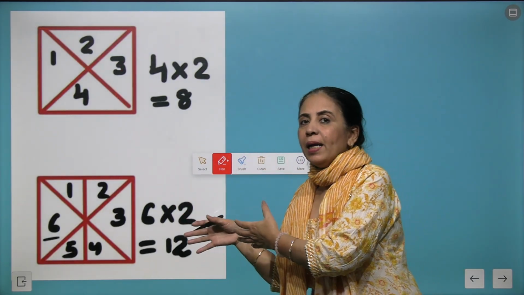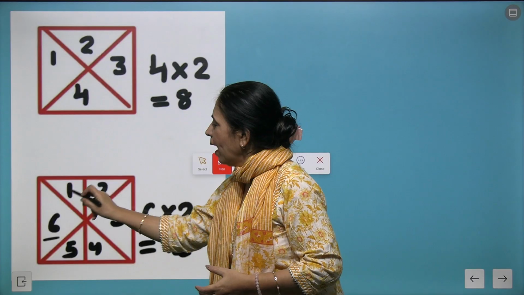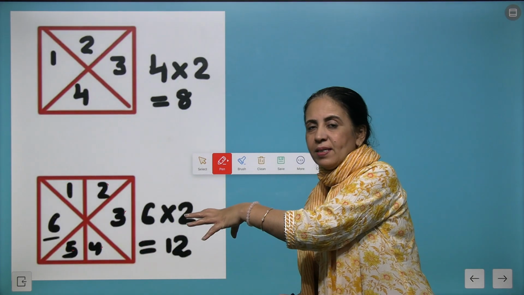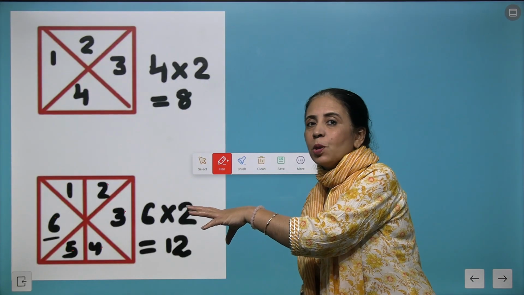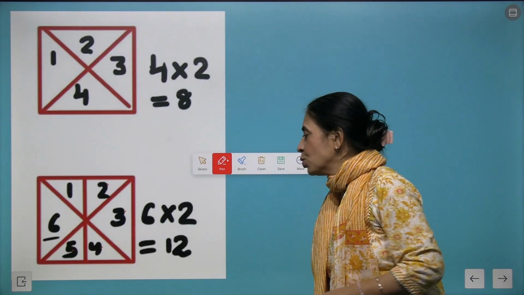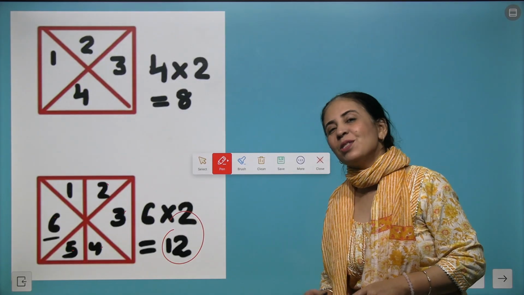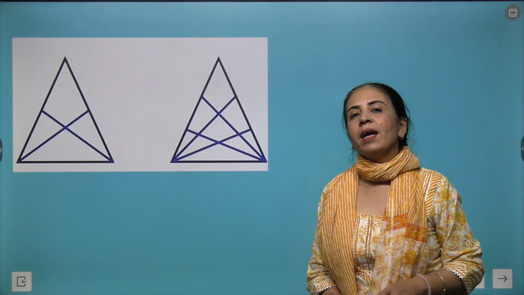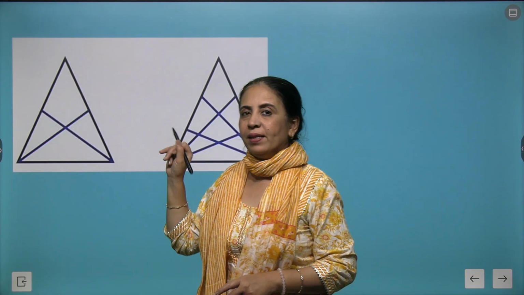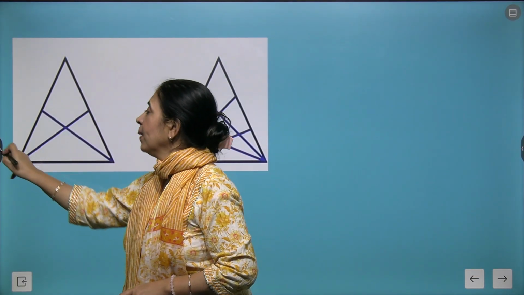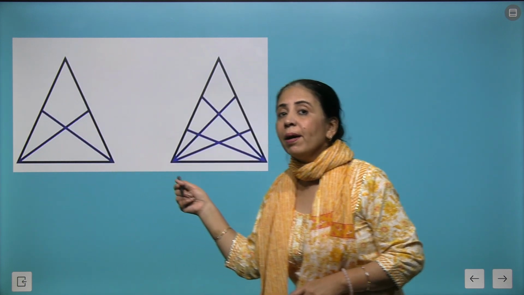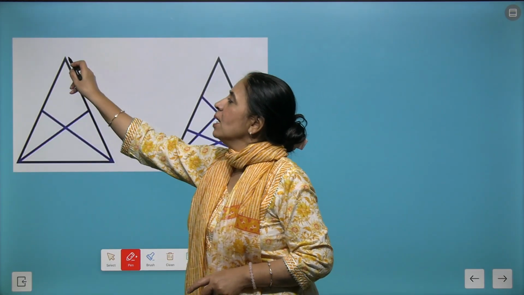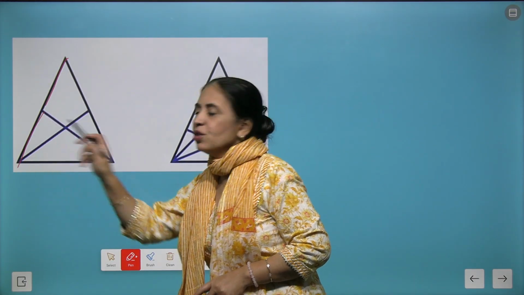Now trying with another square, we have 6 partitions here. So we could see 6 triangles here, right? And the answer will be 6 times 2. That comes out as 12. Got it? So further, if I come to a triangle like this, and you need to find how many triangles are here in this figure, we will just count how many partitions are there.